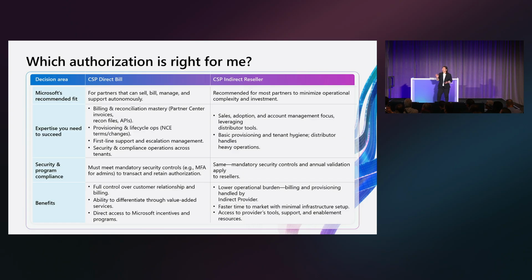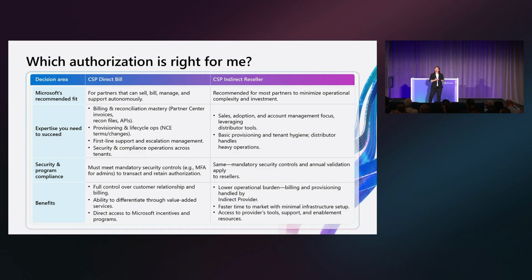The thing to think about is that Microsoft does not market your authorization tier to the end customer. We don't do that. Whether you're a direct bill partner, an indirect reseller, or a distributor whose main intent is to support a reseller ecosystem, the way we differentiate yourself is, as Andrew has talked about, through designations and specialization. It's not the authorization tier, because you are still supporting the customer. How the customer decides whether it's you or another partner should be what you can deliver to meet their needs.